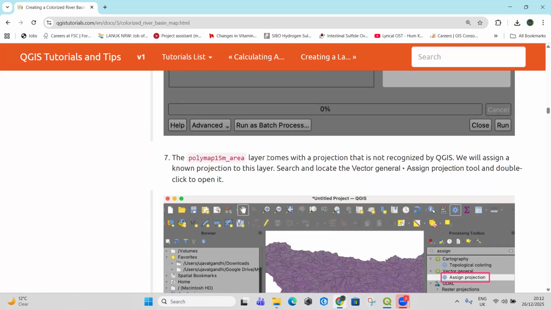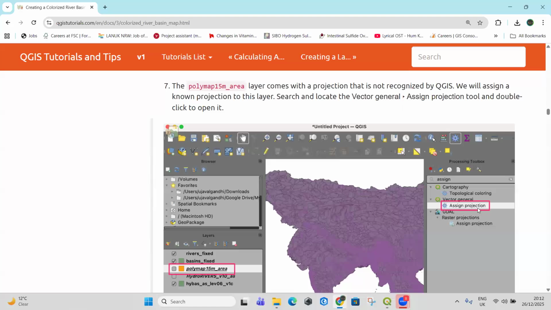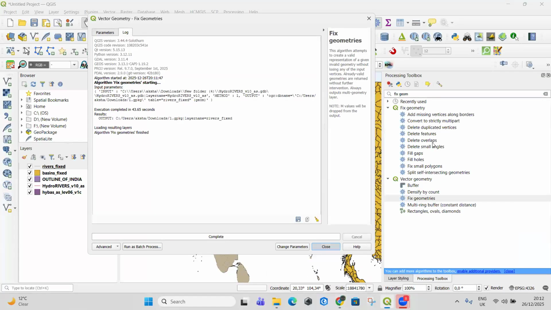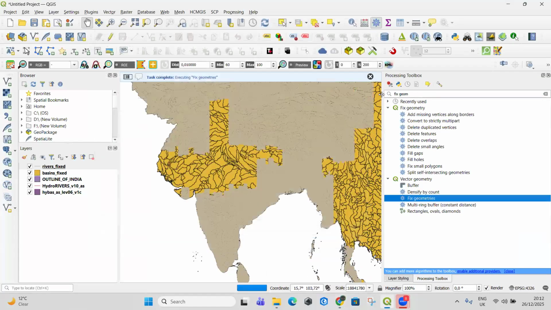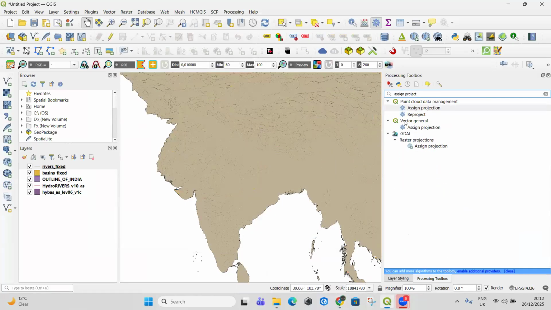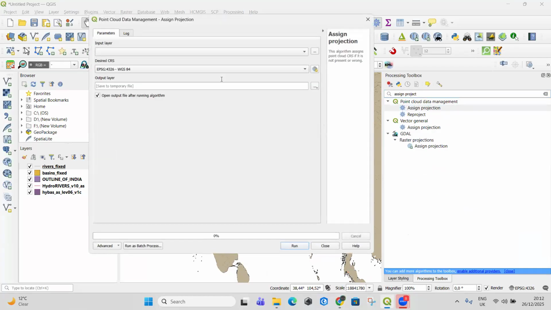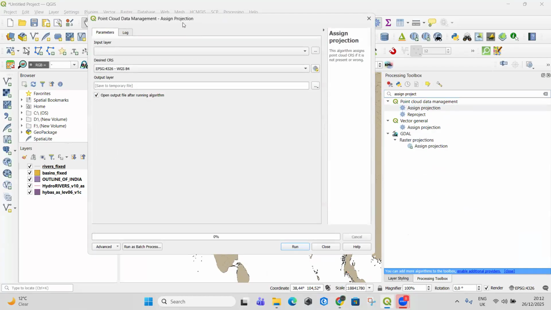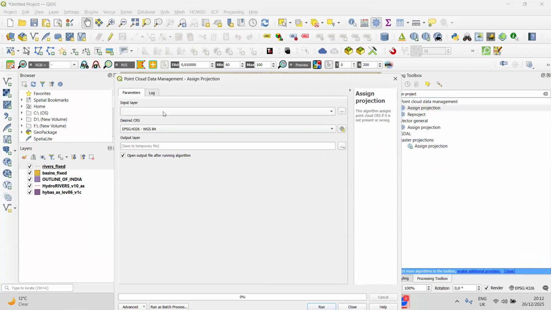So if the projection system is not already assigned, you can assign a projection system. So there is this option here called assign projection. Double click it. Okay. So input layer is the